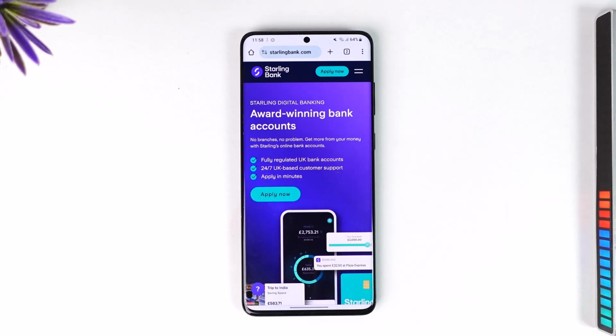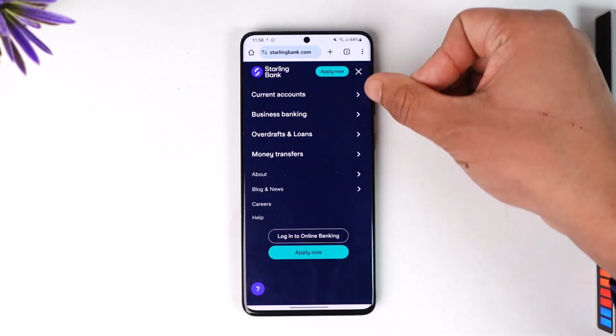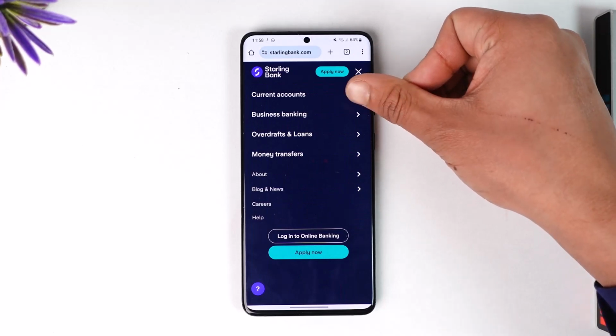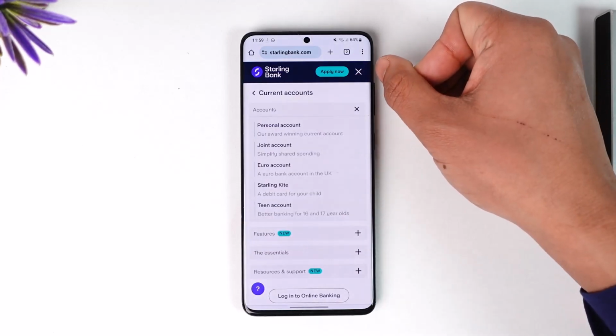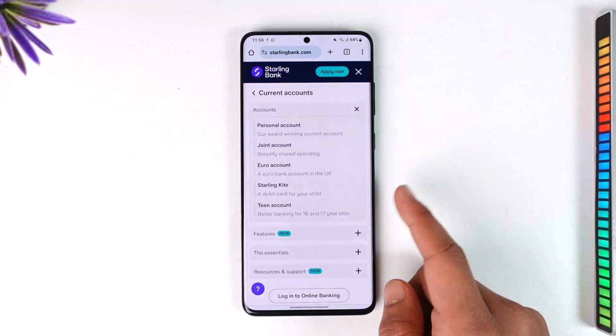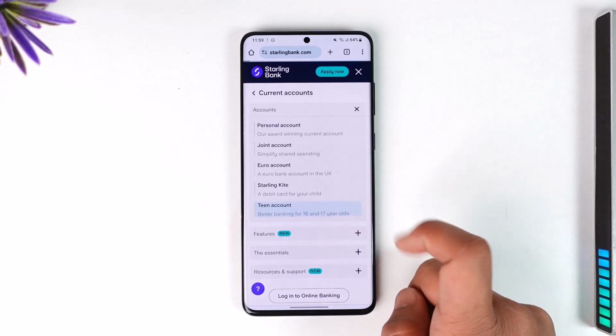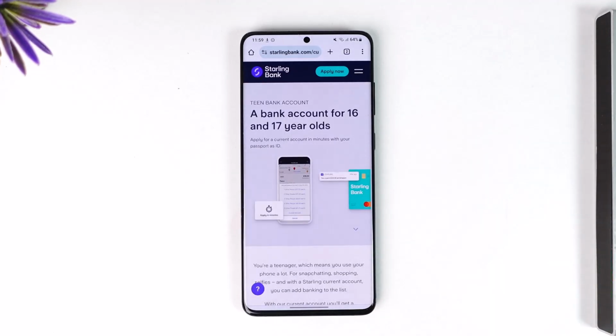And once you have done that, you want to make sure to tap the two lines option from the top right hand side of the screen, and here you'll find an option that says current accounts. So go to current accounts here, and here you'll find one of the options that says teen account. So leave the personal, joint, euro, Starling Kite, or whatever else. You can see teen account, so tap on the teen account option, and now you can see a bank account